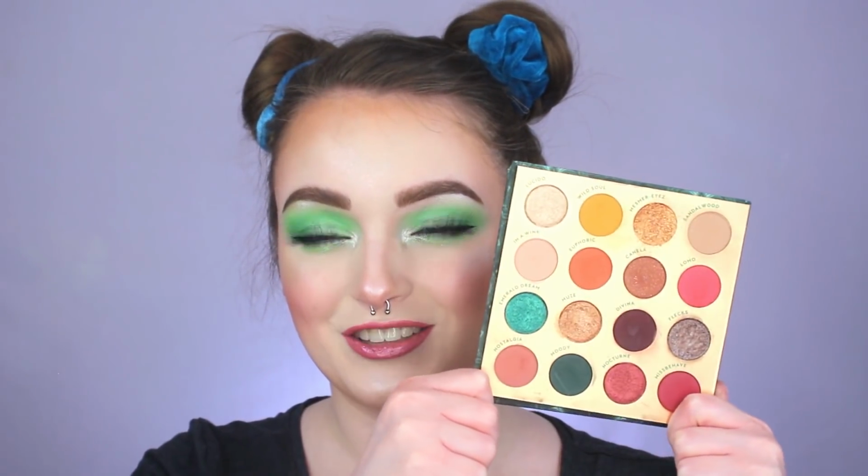So the first one that I have is the Through My Eyes palette. This is the I Love Sarahi collaboration, and it's a very grungy palette, and it just has really cool colors to it. I also have the It's All Good palette, and if you're into neutrals, especially lighter pinky blushy shades, but you want something a little bit different with your palette, some brighter colors, this one is definitely it